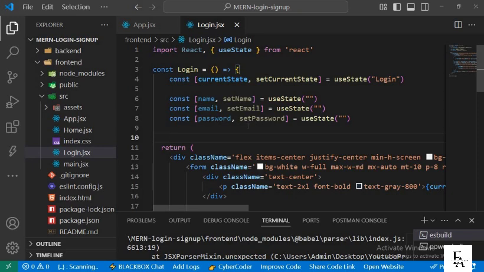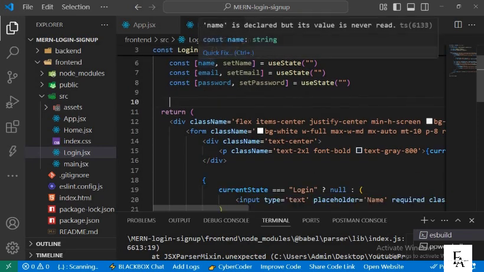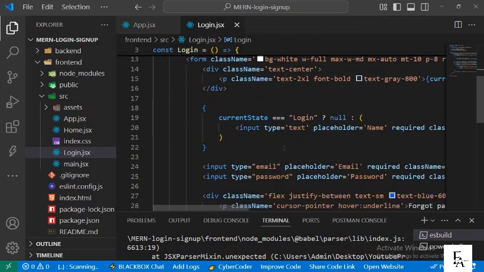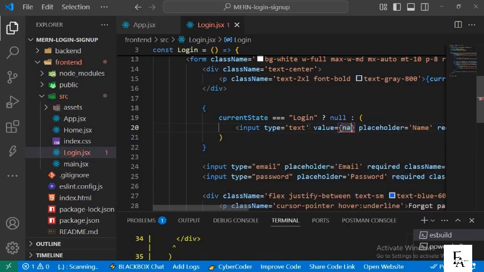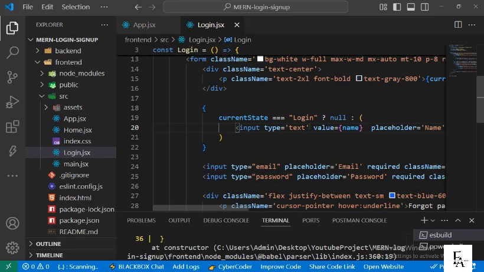Then we're now going to bind the name state, this variable here, with our input fields. So right here, the value that we want to get in the input field, we're going to store in the name variable. So here, value. Okay, and when the user makes a change, when they type, we want to update the name state